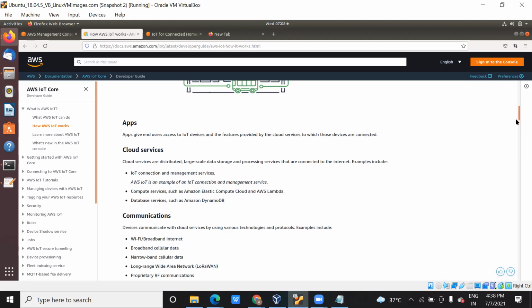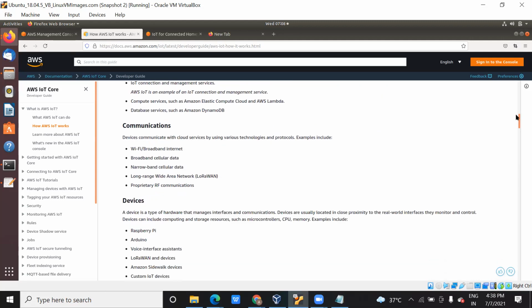Now what are the applications that are using it? And what are the protocols? You need some rules, some protocols, to transfer the data from your hardware device to your local device. Internally you should have knowledge of this. Because if you directly do the practical, you will know the practical, but you won't be able to understand how the data is saved and what services you need while working on this AWS.